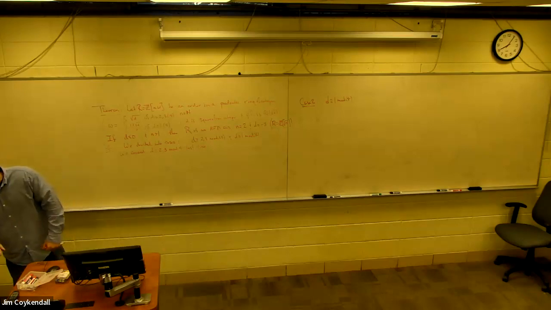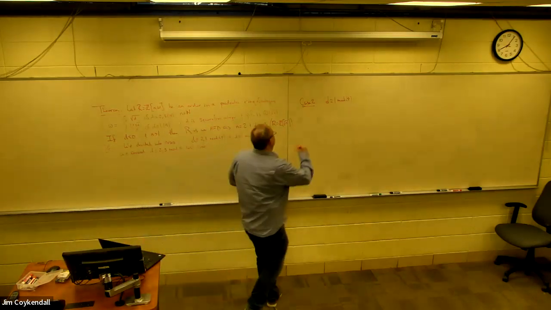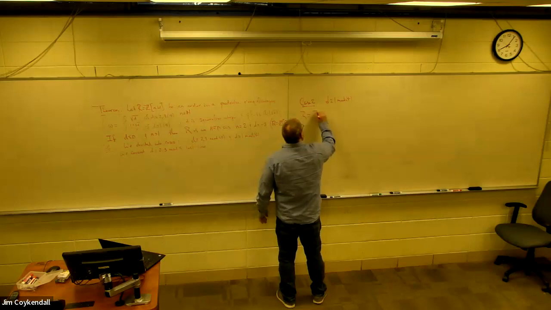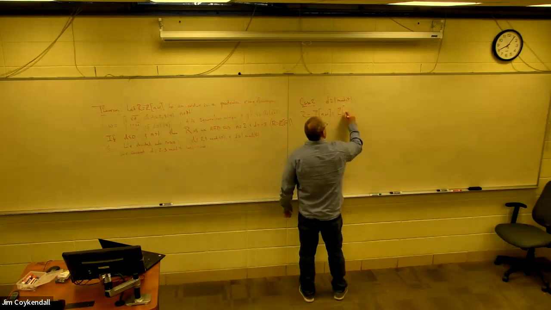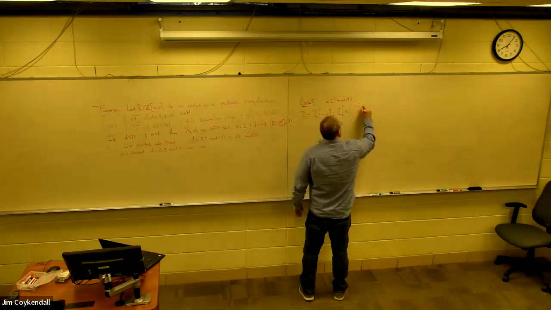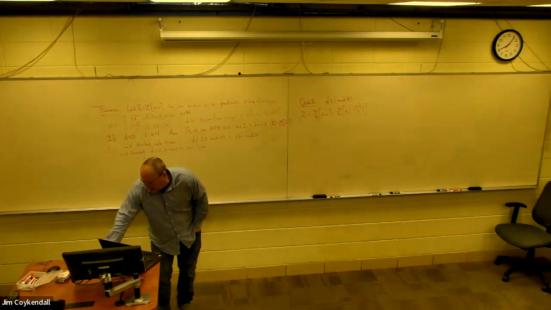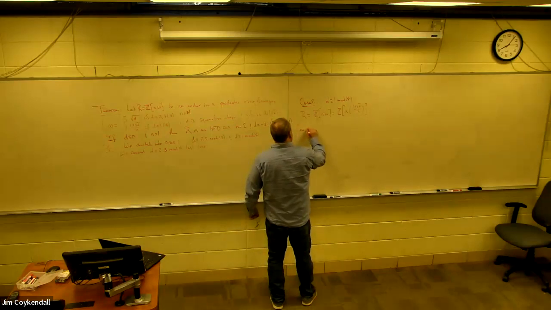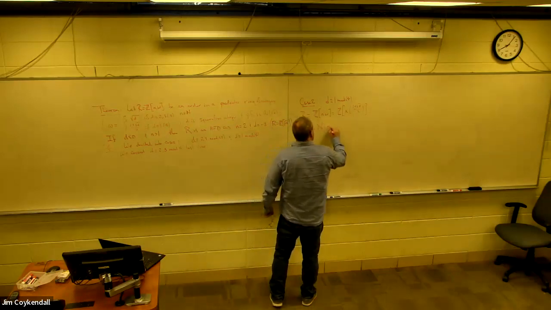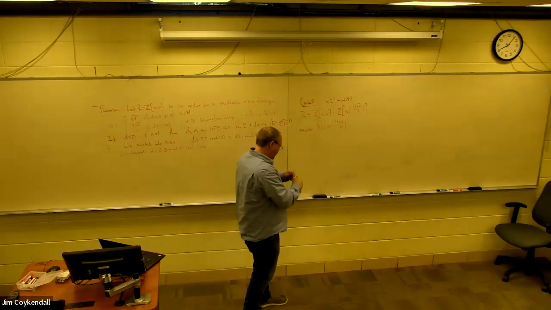The approach is: in this case, let's write R. Again, what I want to do is pick a certain element and look at its norm. Because consider the norm, which is